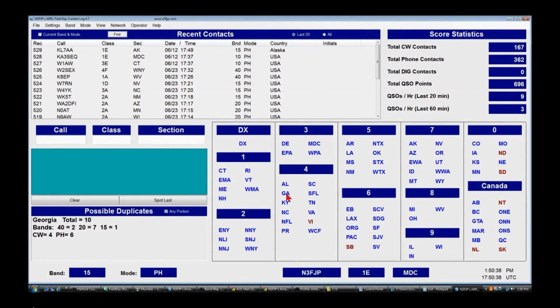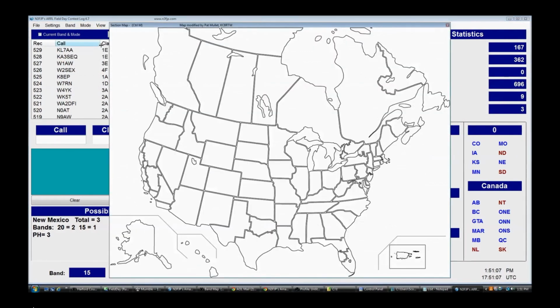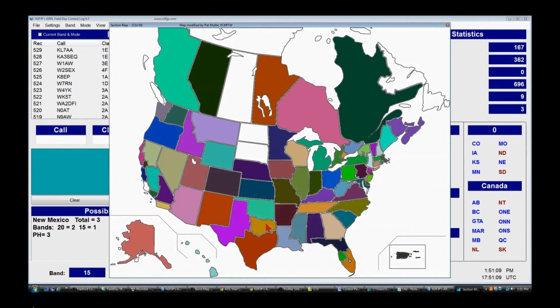4 of those contacts were CW and 6 of them were phone. Another neat feature to display the areas that you've contacted is the map feature. If you click View, Map, it will fill, and every section will be colored except for those that were unworked. And as you can see, we've worked just about all of North America with just the exception of a couple